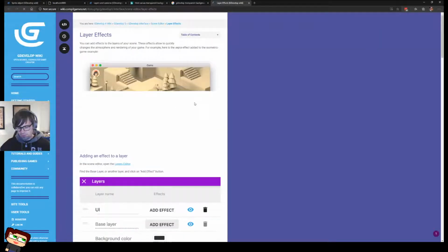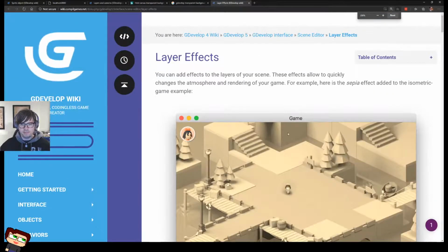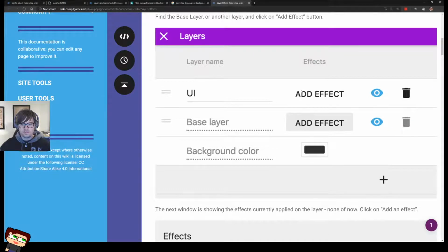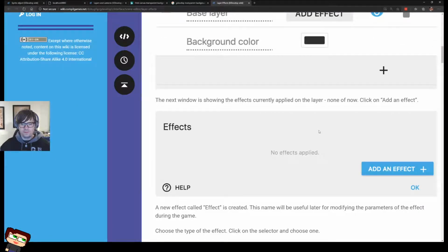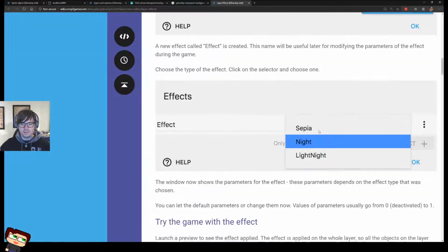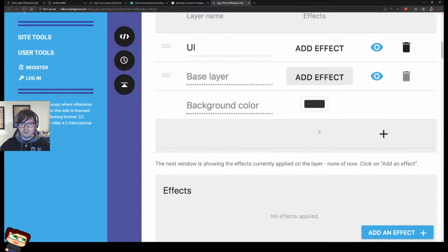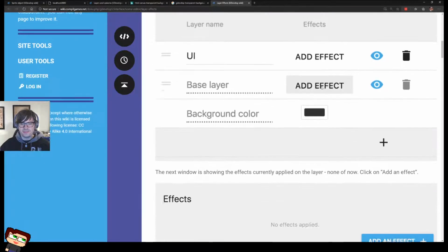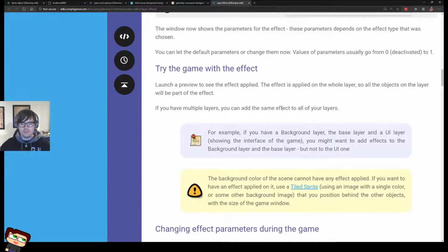Uh-oh, I think I saw the thing. Okay. Effects, no effect. Yeah. I saw the background color thing. Find the base layer and click on add effect. Great, and it will let me do a transparent background.